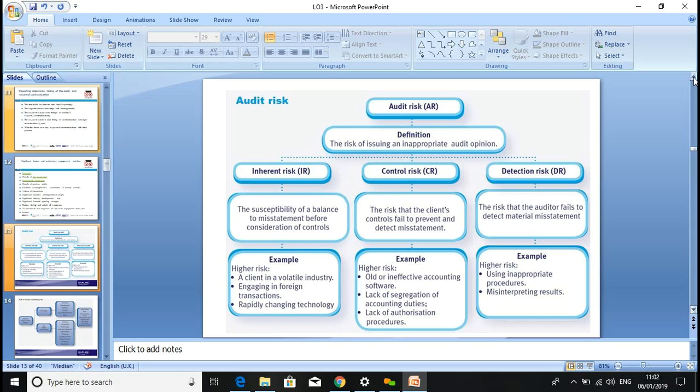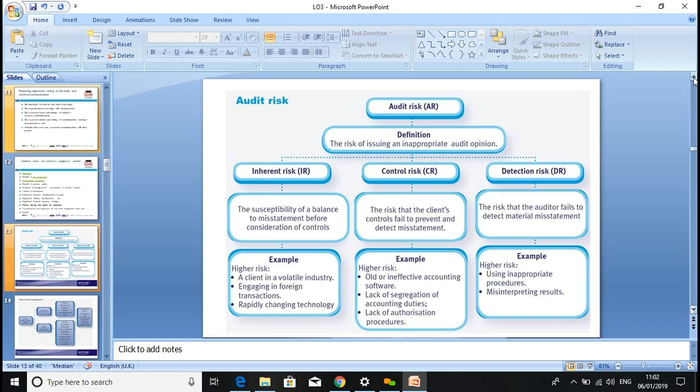That is not an appropriate opinion; it's not based on the facts. We're not supposed to penalize the company. We give a true and fair view of the matter, and we can only do that when we minimize the risk. So there are three components of risk in audit: inherent risk, control risk, and detection risk. Inherent risk is the susceptibility of the balance to misstatements before consideration of the controls, the system we have in place, the risk inherently involved. It depends, for example, when you're dealing with foreign currency, there is a fluctuation.